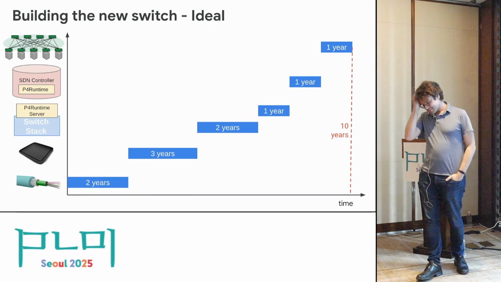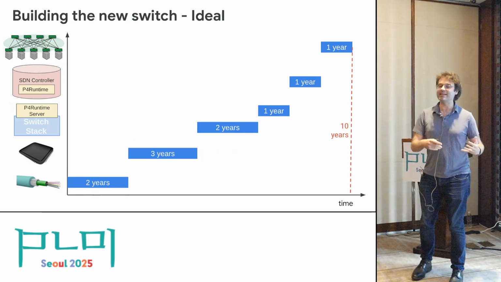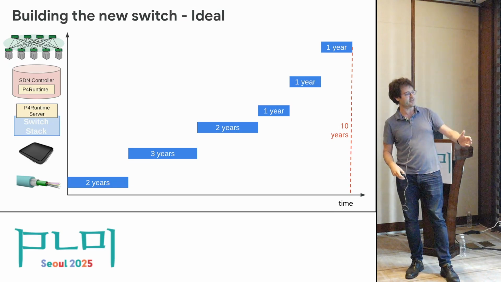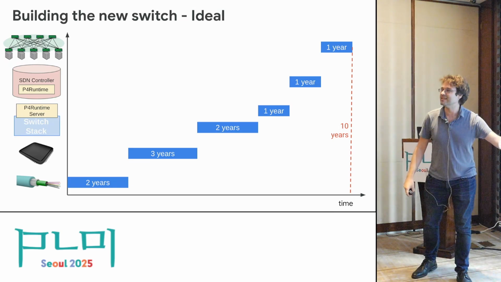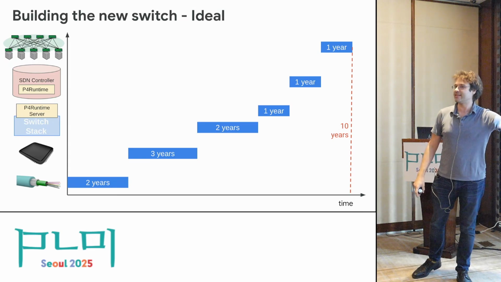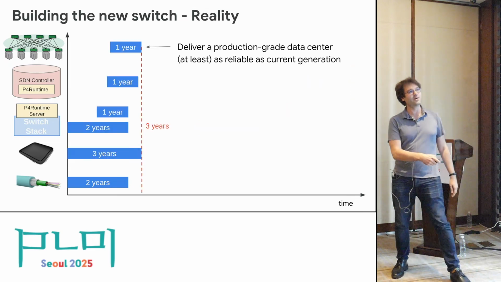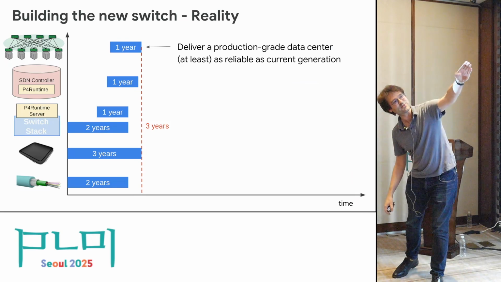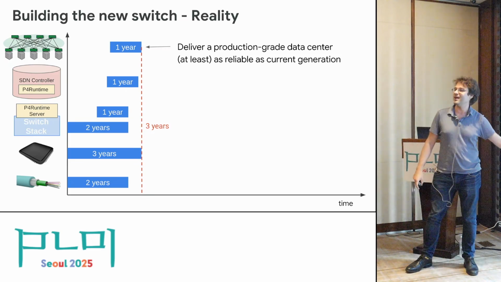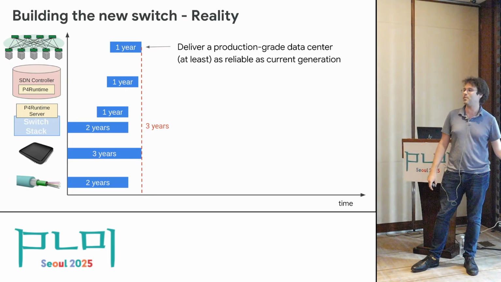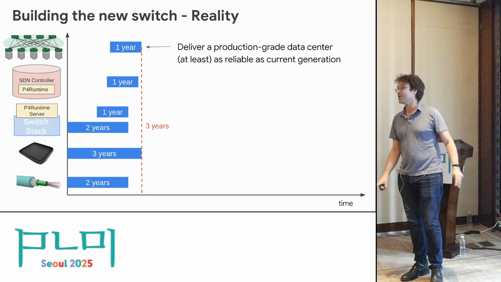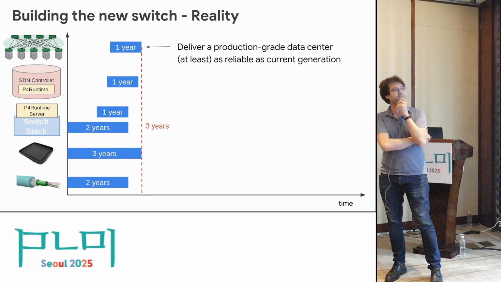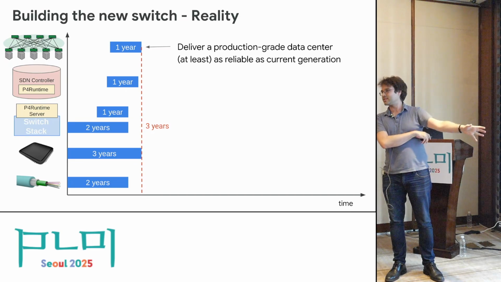So in an ideal world, it would be great if we could just do all this work serially, right? Because then you know what dependencies do before you have to write the things that depend on them. In the real world, that turns out to be unacceptable because by the time 10 years rolls around, you have new ASICs and new optics. And the old ones are no longer fast, right? So instead, you have to do all of this at the same time.